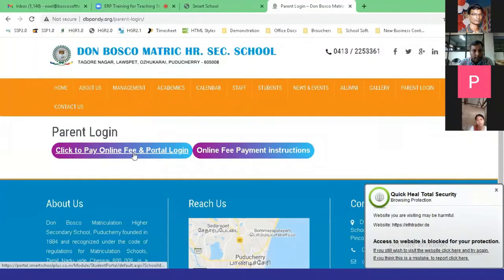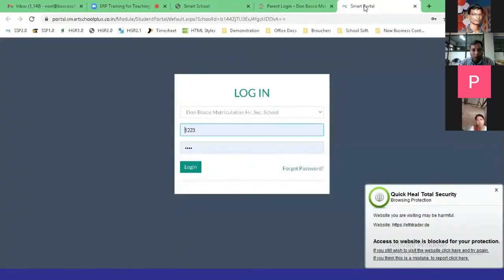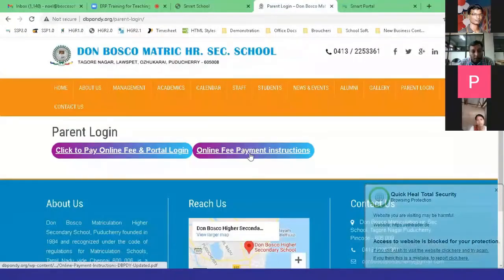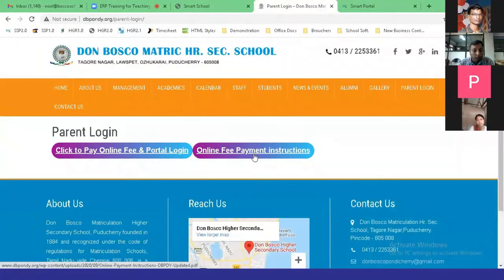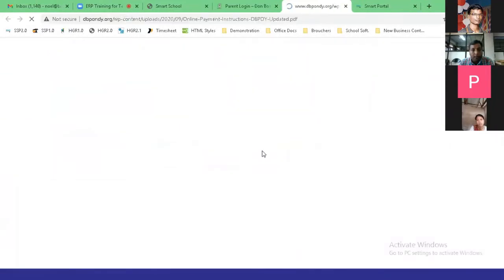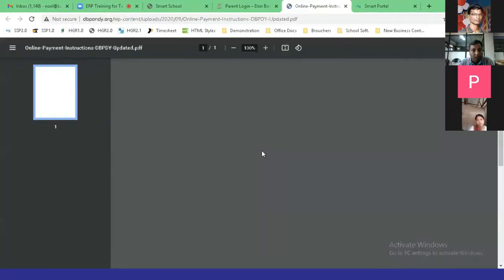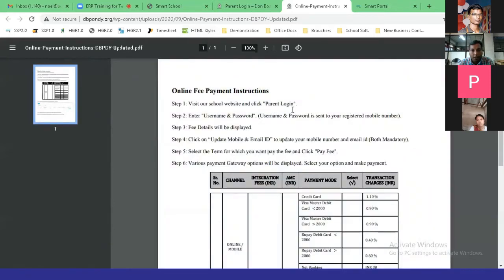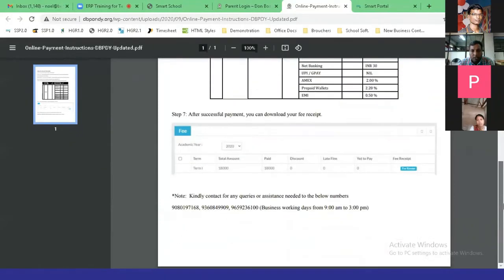You can click the same option and get the login page, which is what I have logged in to. There can also be some information before logging in about what it is. You can also share screenshots, navigations or tooltips using PDFs. Steps of instruction can be given, and the parents will do it accordingly.